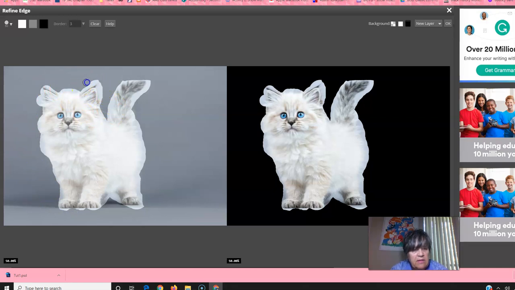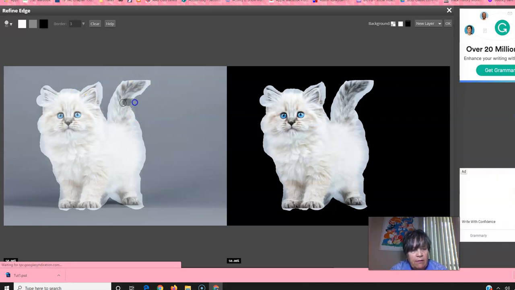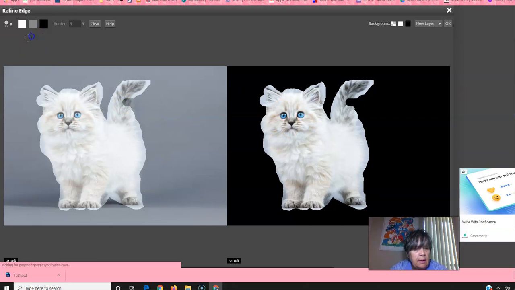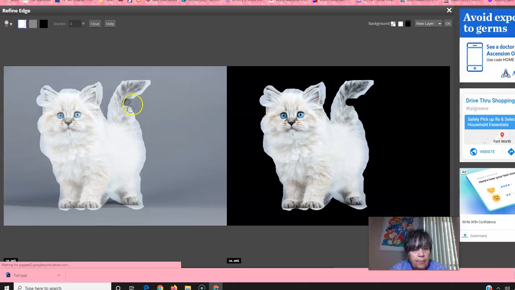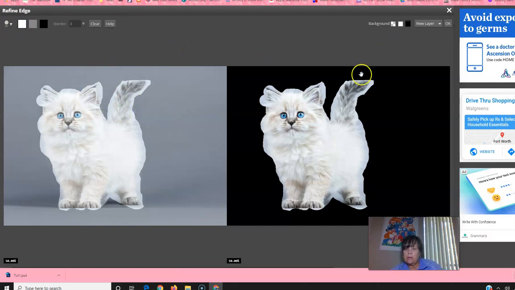Now, if I've got obvious spots where I screwed up, okay, I could make it just a little tighter if I like. However, if I screw up like I just did, I got to go back in and paint to show. Okay, so that's not bad. That cat's looking a little rough though. We're going to bring his